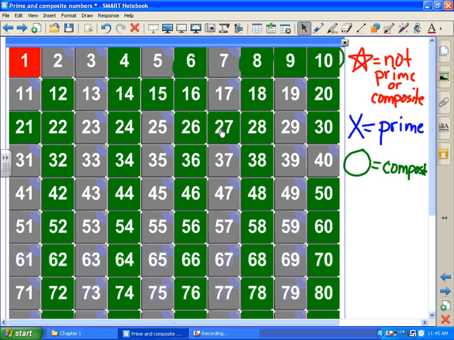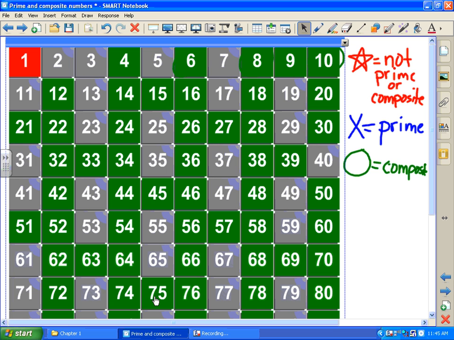Then it's 30. 33, 36, 39, 42, 45, 48, 51, 54, 57, then it goes 60, 63, 66, 69, 72, 75,